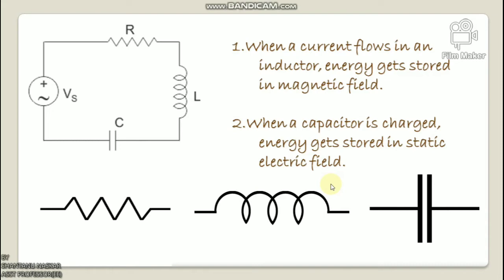At a certain frequency called resonant frequency, the inductive reactance of the circuit becomes equal to capacitive reactance, which causes the electrical energy to oscillate between the electric field of the capacitor and magnetic field of the inductor. These form a harmonic oscillator for current. In RLC circuit, the presence of resistor causes this oscillation to die out over a period of time, and this is called the damping effect of resistor.